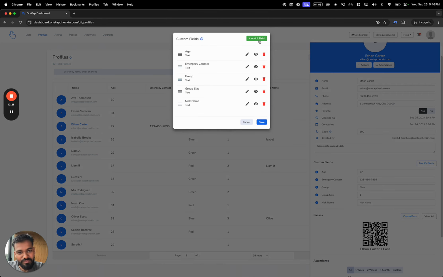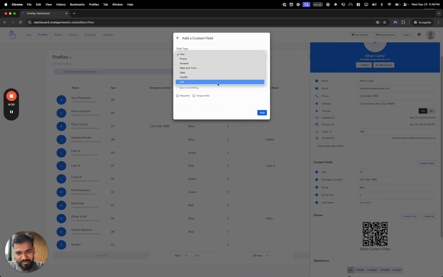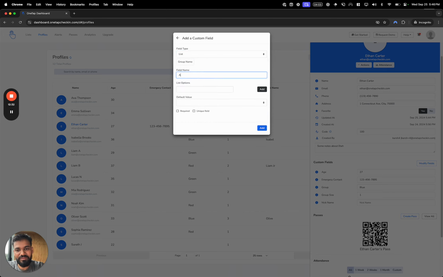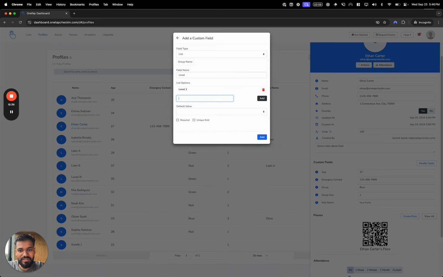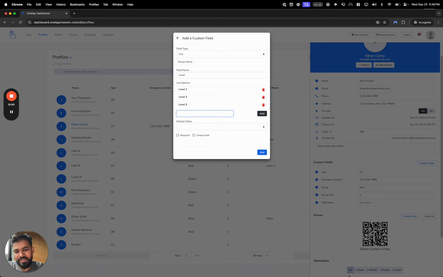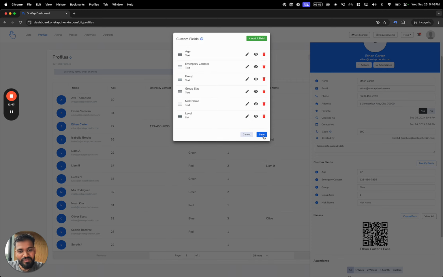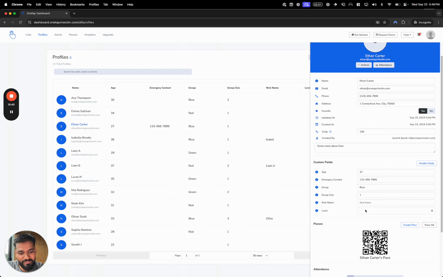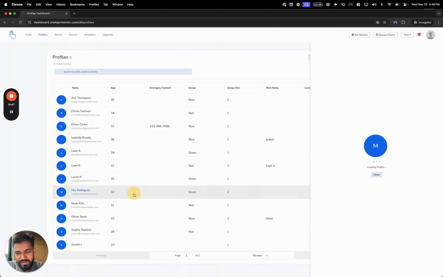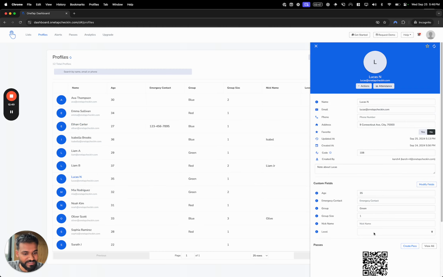right? So you can go over here and do add custom field, and let's just say, for example, level, and I want to say these are level 1 students, and then level 2, level 3, and those are the only 3 levels that we offer. So we can add that as a list property, and now that becomes available for all the profiles. So I can take, for example, Lucas, and I can say level 2,